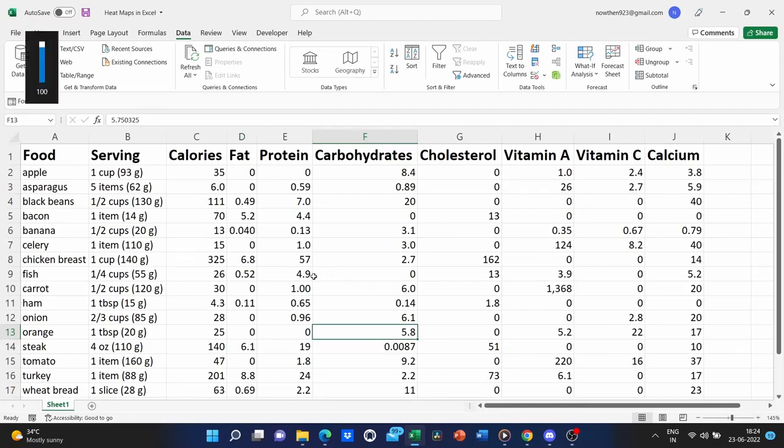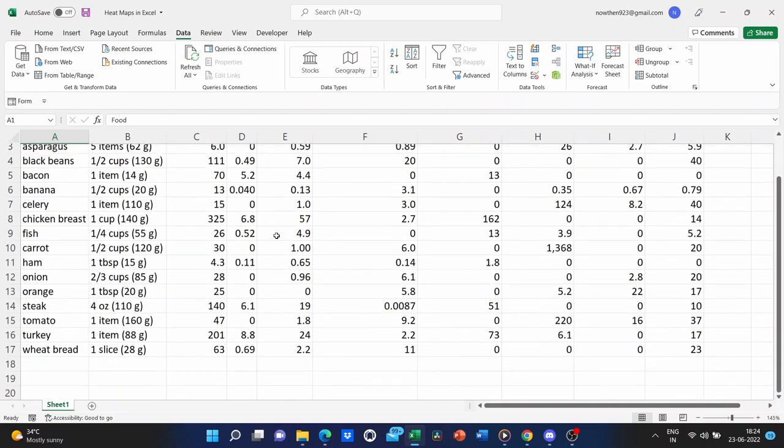In this video, I'll show you how to easily and quickly create a beautiful heat map out of your data in Excel. So here, we have a spreadsheet with a list of different foods and some detailed information about those foods. With all of this data in the spreadsheet, it's hard to really understand and digest what the data mean, so to help with that, I'd like to use a heat map.